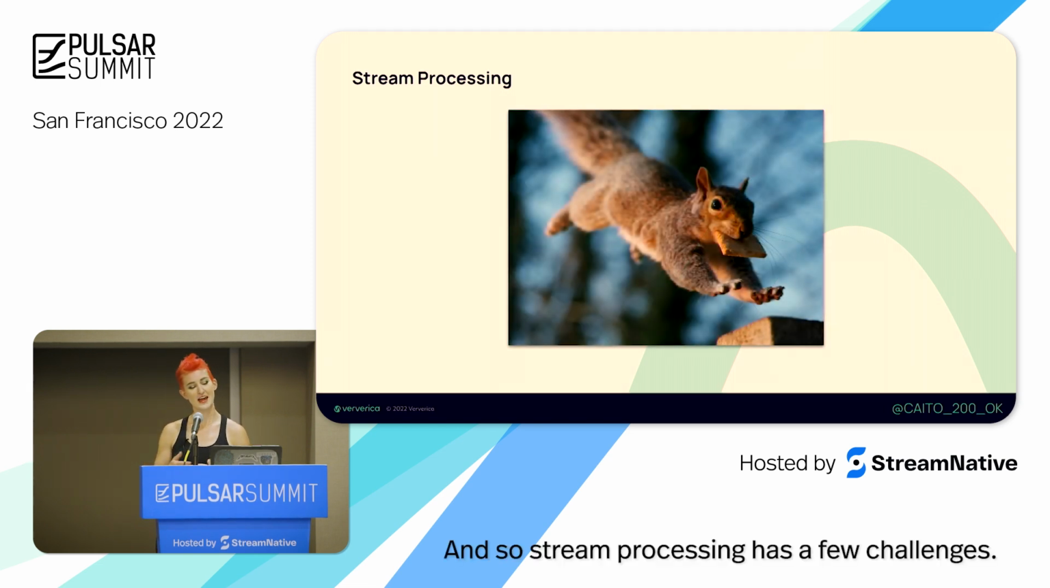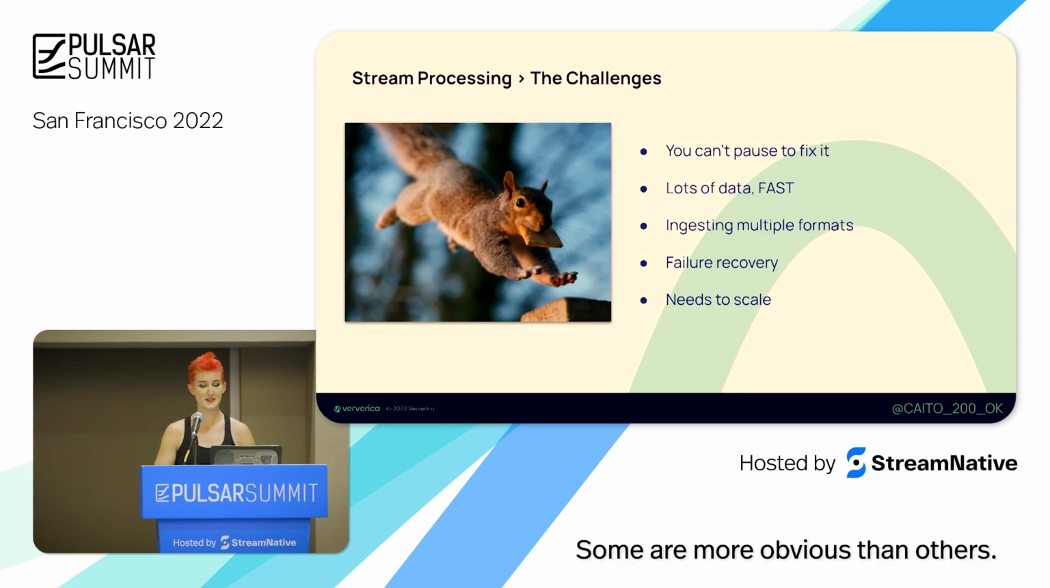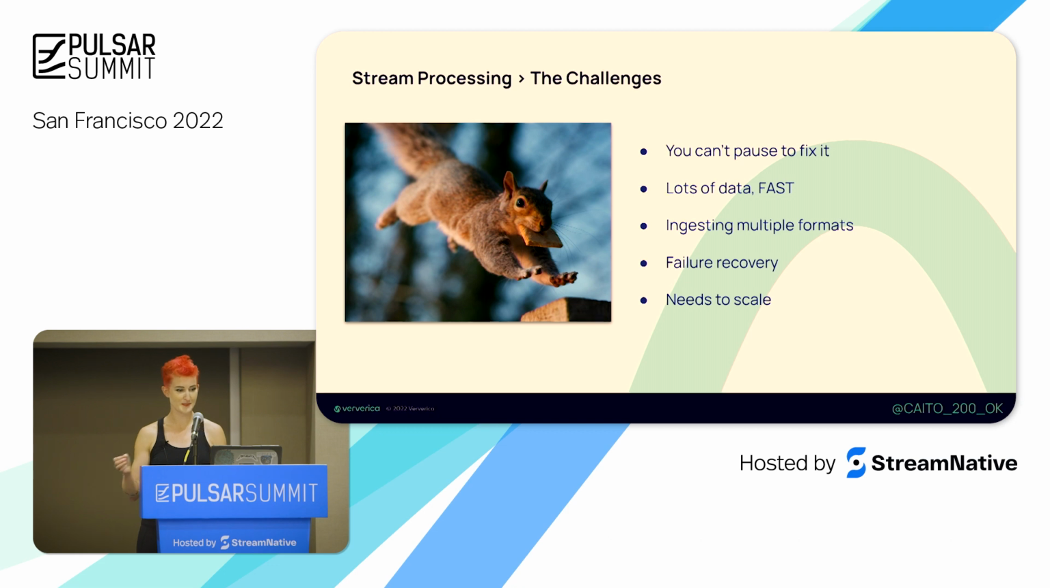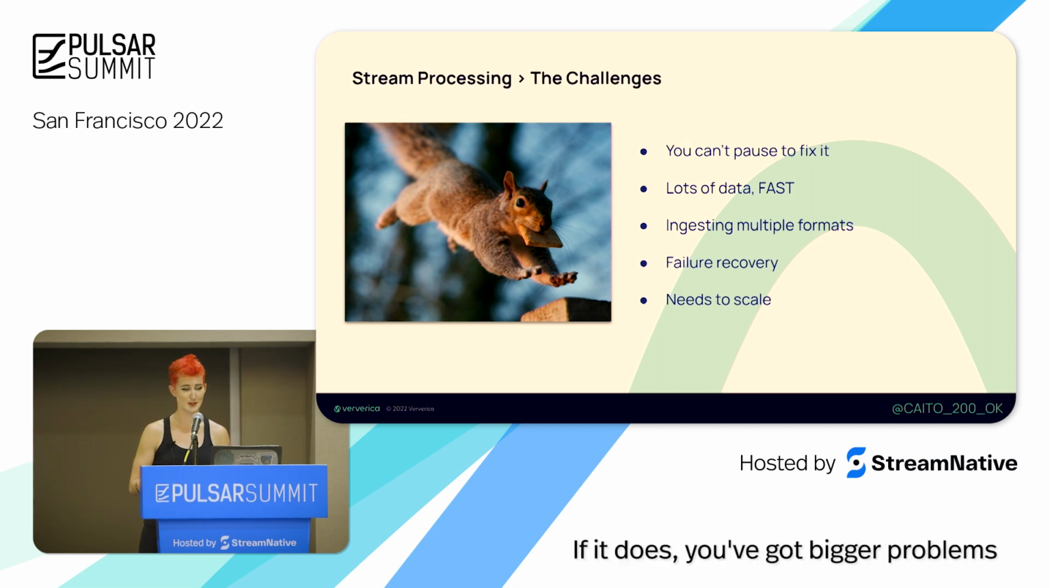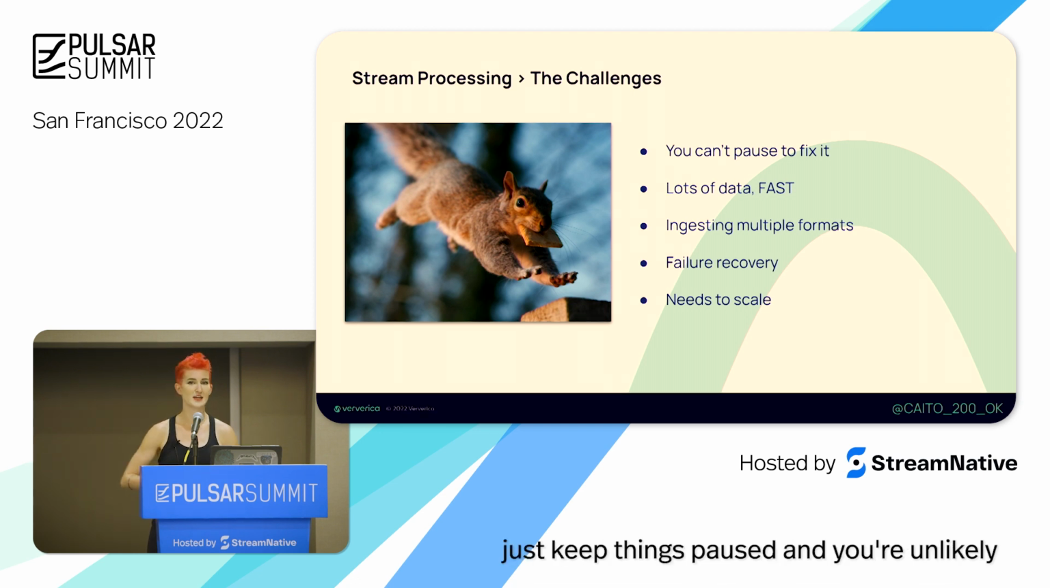And so stream processing has a few challenges. Some are more obvious than others. At the most basic level, you have unbounded streams of data. It just doesn't stop, or at least it shouldn't. If it does, you've got bigger problems. In batch processing, you can just wait and process data. You can pause it if there's an issue, just keep things paused, and you're unlikely to have back pressure, data